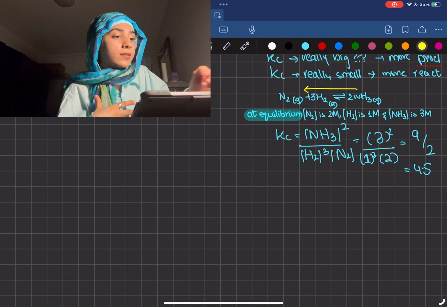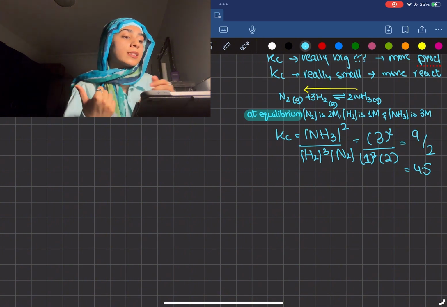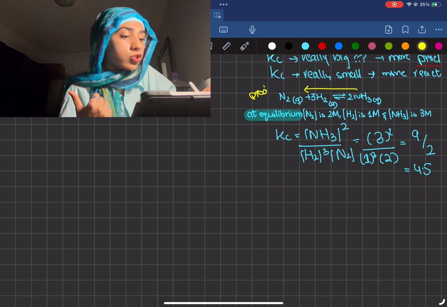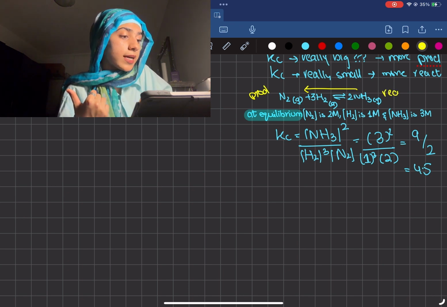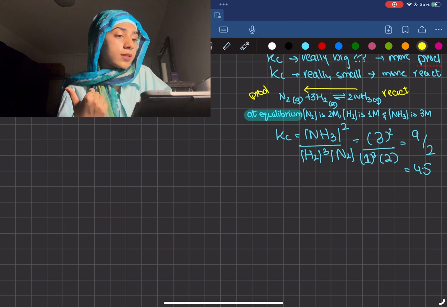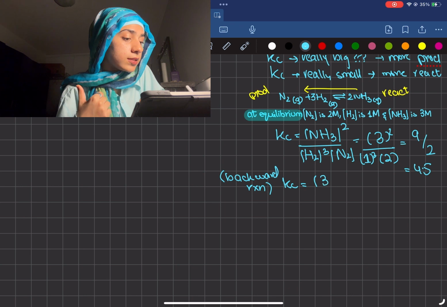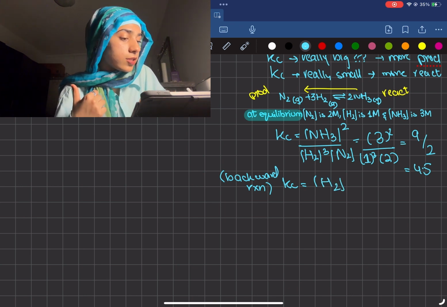So if it's going backwards, now my products are N2 and H2, and NH3 is my reactant now. So another Kc for the backward reaction would be Kc equals H2 cubed, N2, and NH3